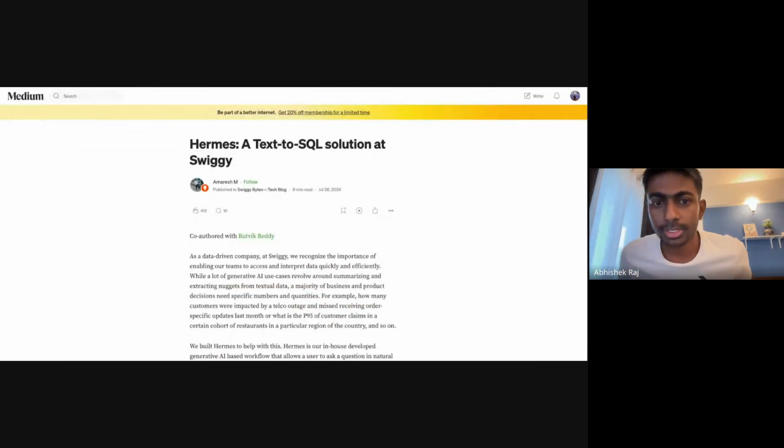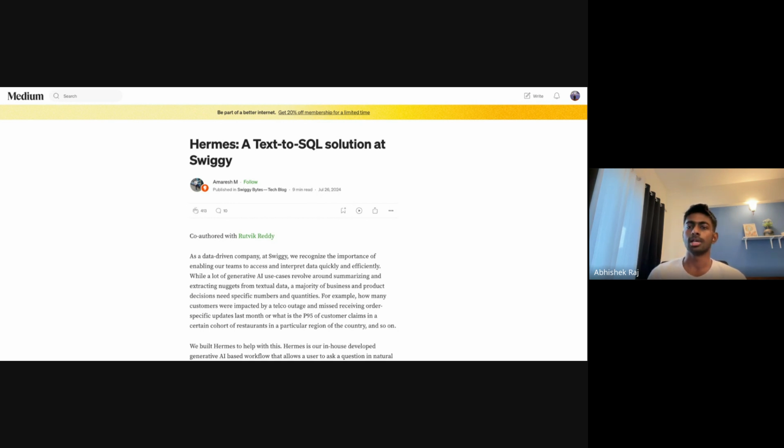So what is Harness? When I was at Swiggy, there were a lot of analysts. They used to crawl our database and see what the ordering patterns are, what kind of food people are ordering, what the order values are. After LLMs came, the product managers wanted to do it on their own instead of asking analysts.